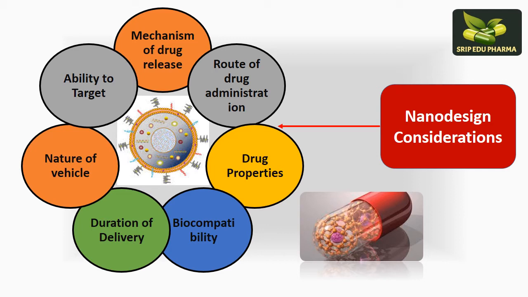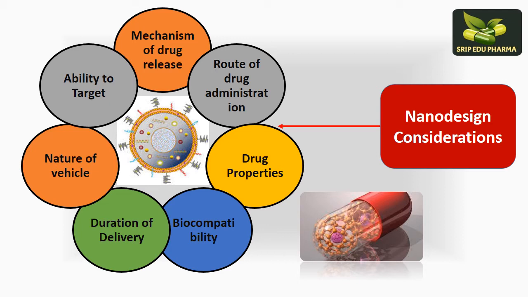Why do we formulate? These are the reasons. Mechanism of drug release: if you want to alter the mechanism of drug release, or if we want to opt for a better route of drug administration, or the previously opted administration route is not so specific, or it is causing certain side effects, then we can change the route of administration by using different types of nanovesicular system. For example, if we cannot give a drug orally in the conventional form, or it is causing some trouble or some side effect, then we can administer it in the form of nanostructure.